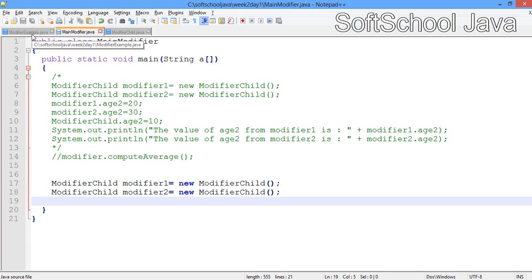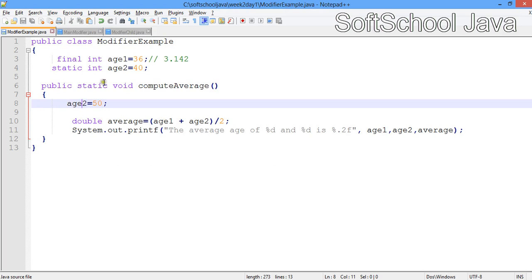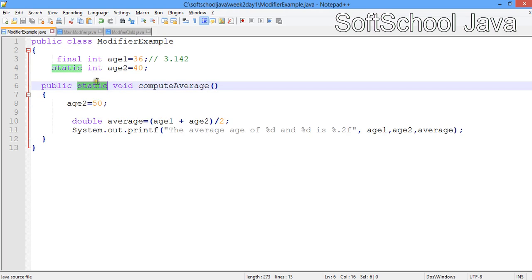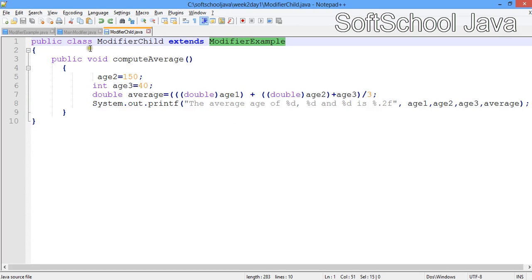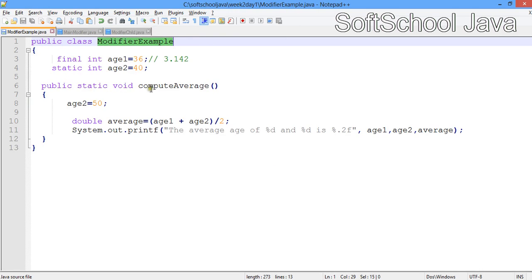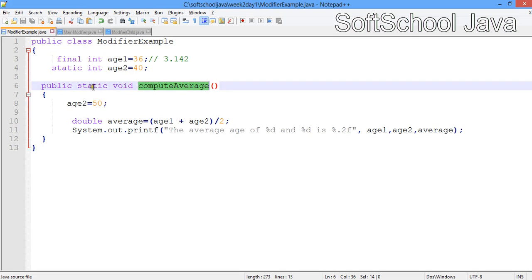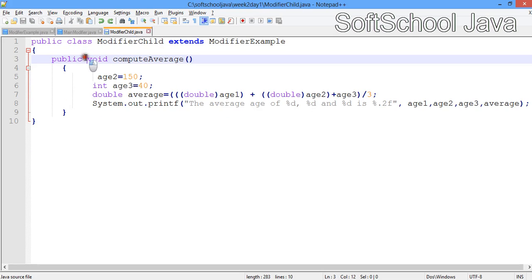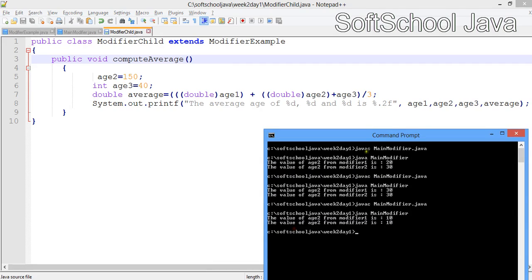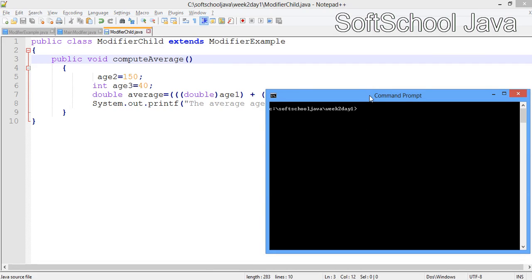Okay, the first example to say here is that when a method has a static modifier, the first rule is: if a class will extend this class, like we have it here, and if it's going to override this method, then because it's having a static modifier, this must also have the static modifier, otherwise we're going to have an error. Okay, static modifier must also extend the static modifier. So if we leave this the way it is and we go ahead and compile, let me clear the screen,